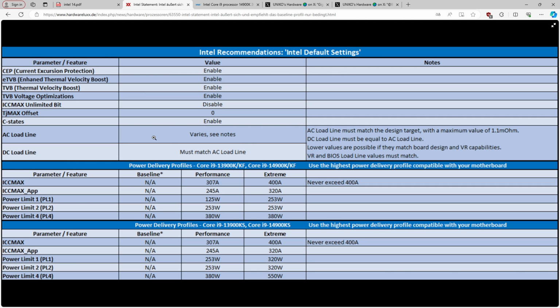TVB is not being configured correctly. CEP is off. ICC Max is off. Like, all of Intel's degradation prevention functionality is off. And it's just like,